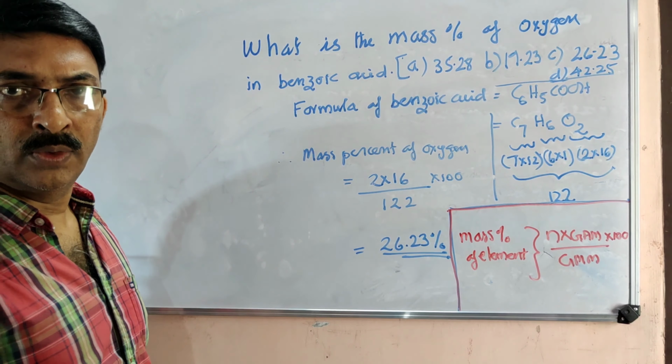This means in all such cases, the ratio of masses of the second element that combines with a fixed mass of the first element, and the ratio of the number of atoms of the second element that combines with a fixed number of atoms of the first element, will be the same. The ratio of mass of the second element as well as the ratio of number of atoms of the second element, both will be the same. That is the point you have to remember.